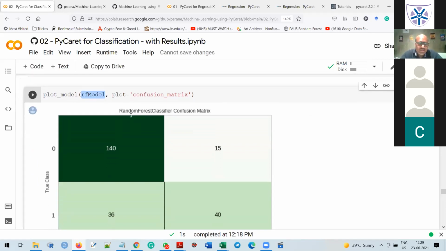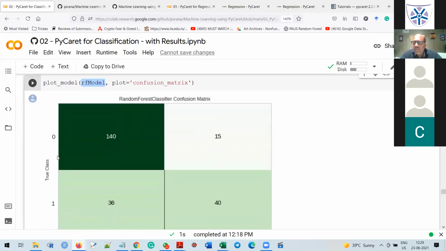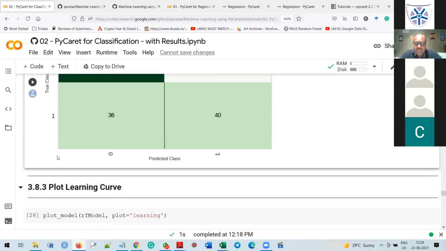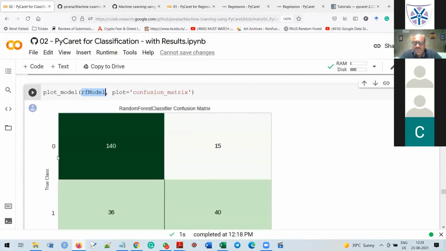Now you will find it creates the confusion matrix between true class and predicted class. True class means if my value is 1 and my model is also able to predict it as 1, that will be considered a true prediction value, otherwise a false prediction value. So there are a few parameters we need to calculate, and on the basis of these values we are able to find out the accuracy.